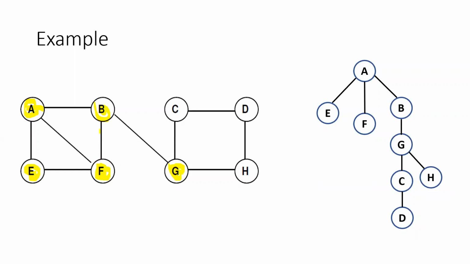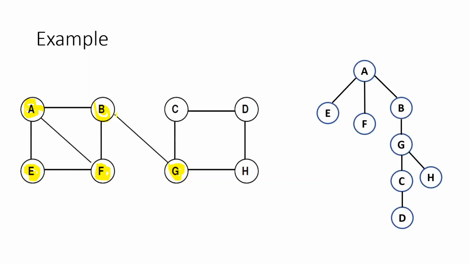The adjacent vertices are B and E. How many? A, B, and E are the three adjacent vertices. Yes, three adjacent. They are already visited, ma'am. So we will be deleting F from the Q. Remove F from the Q. Then G is in front of the Q. So what are the two adjacent vertices? B and C.